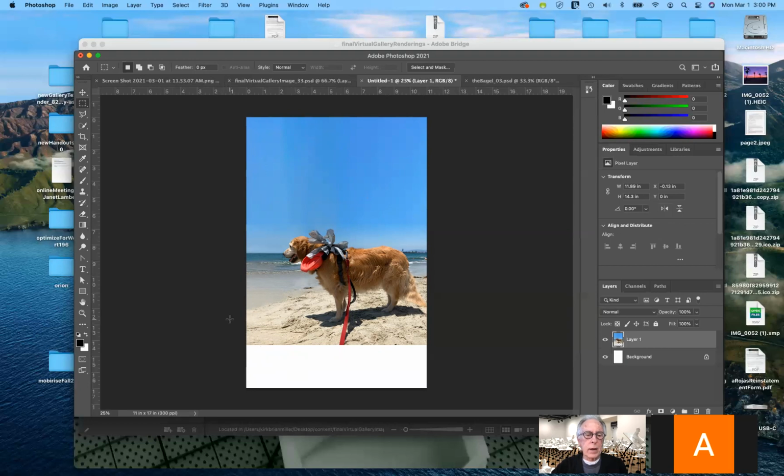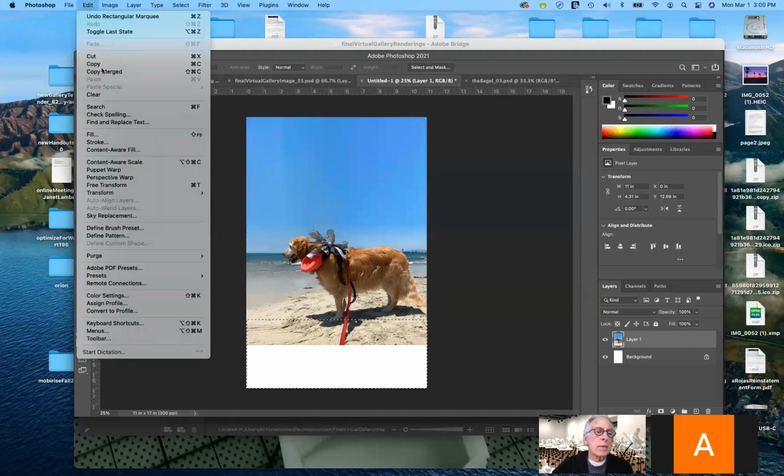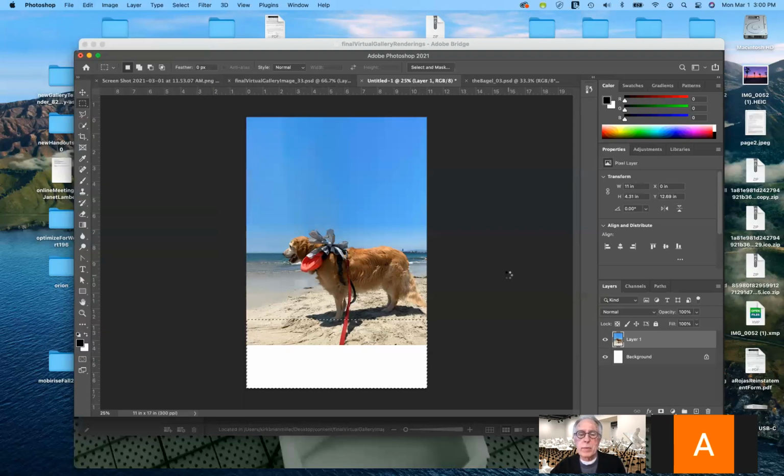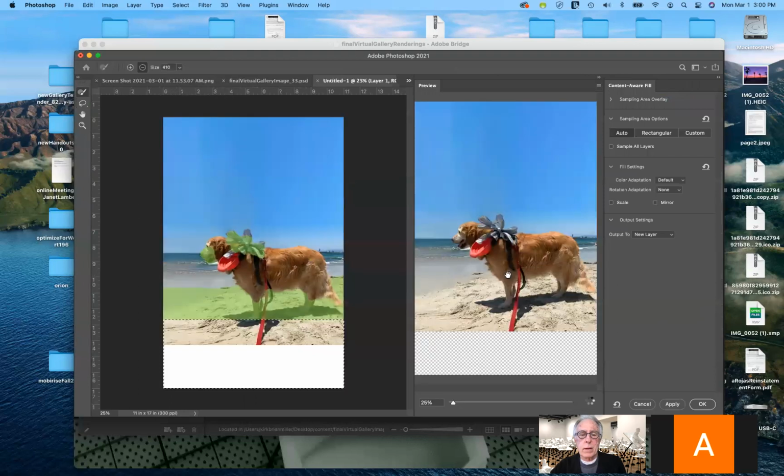I could try down here. I could select this area and try a content aware fill. So I could go to edit, try content aware fill, see how it works. Maybe it would get me started, maybe it wouldn't. Okay. So let's see what it's going to look like when it's done. It's taking a bit of work to figure that out, but it looks like it's getting most of the area that I want.